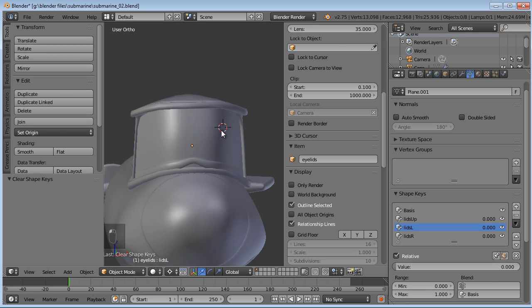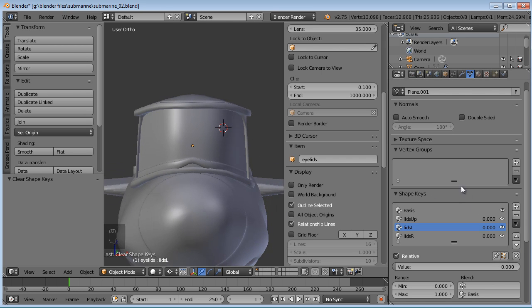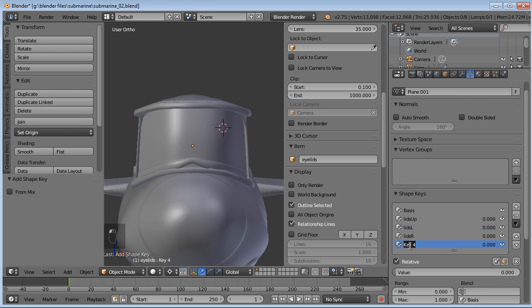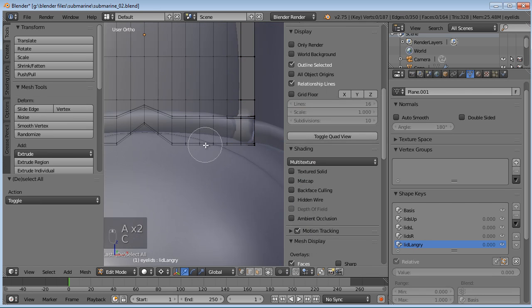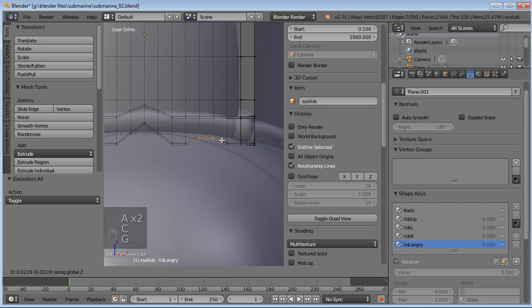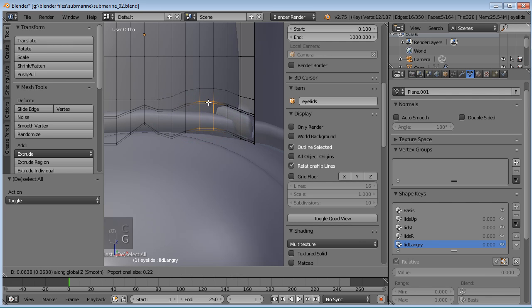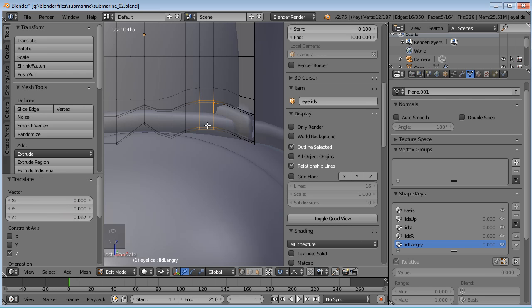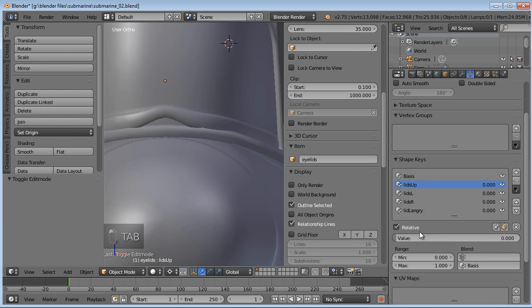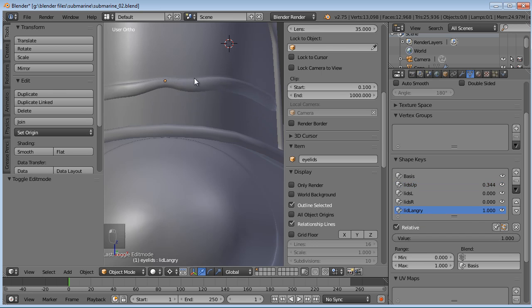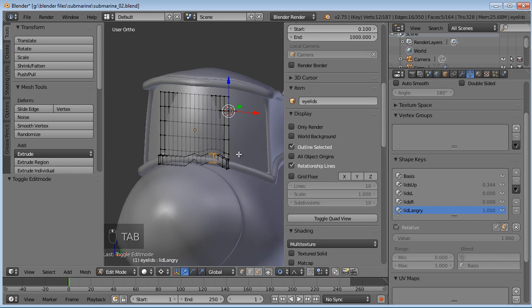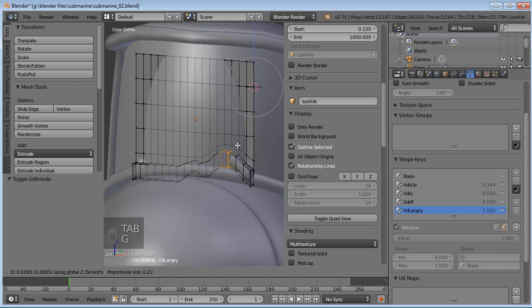Okay, so a couple more things we can do. Let's go ahead and add one more, and let's call this one lid L angry. Okay, tab in here, and let's select just two of these middle areas here. Alt O to get that back on, and just drag that up. Maybe this as well. Drag that up to where there's a kind of an arch in this eyelid here. So he's like, lids are up, and he's angry on the left side. So we get a little bit of an arc there. Get that even a little higher up. So maybe about like so, maybe.